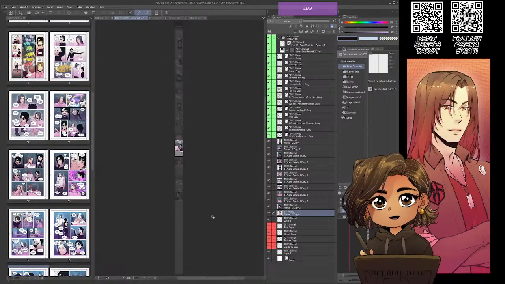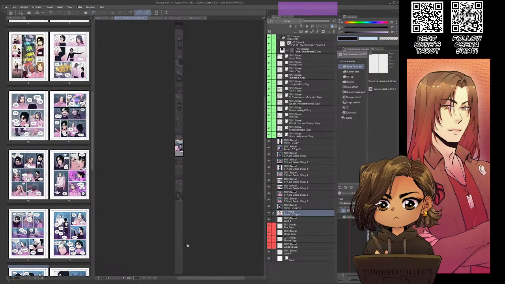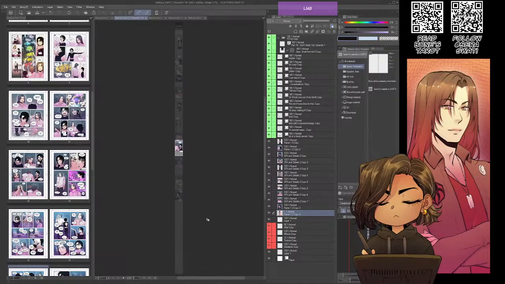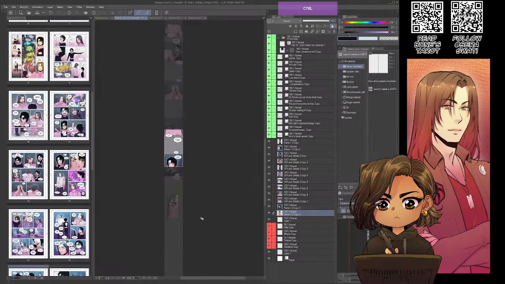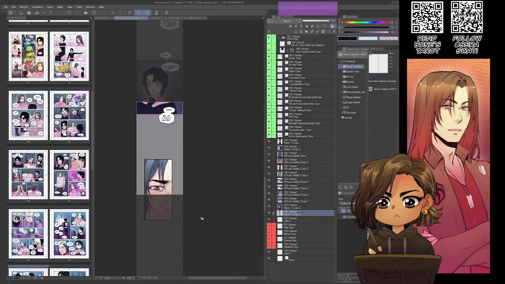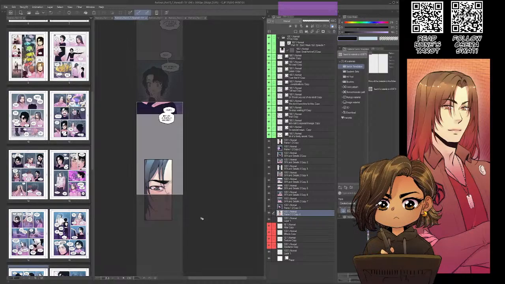What's this panel? Get all the way over there. Oh, for goodness sake. I'm missing a dialogue bubble. Next one.